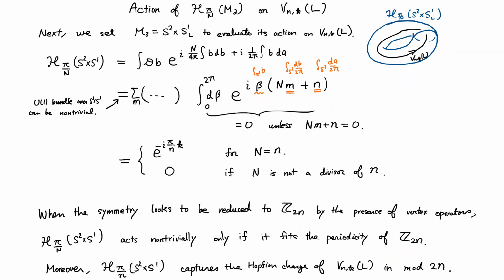And what is more non-trivial is the action of the Hopf symmetry generator on the vortex line operator. In this case, in order to surround the vortex line operator, we have to consider the defining submanifold of this Chern-Simons partition function as S2 times S1. And we would like to evaluate the value of the Hopf symmetry generator on this vortex line defect. Now, since S2 times S1 has a non-trivial topology, the integration of this U1 gauge field should take into account the contribution of the non-trivial U1 bundle. Basically, the integration of this Chern-Simons form of the B field on S2 times S1 is coming from the non-trivial holonomy of this B field. So the integration of B over S1 is written as beta here. And the magnetic flux of this, yeah,